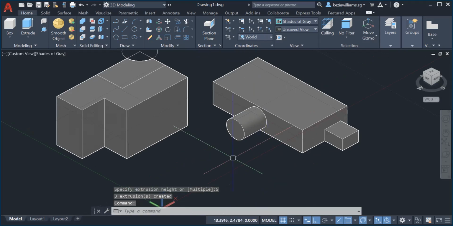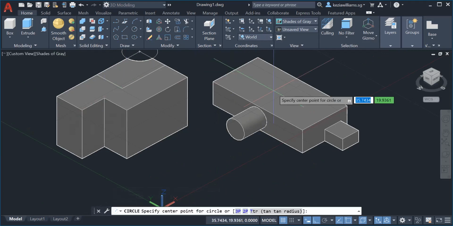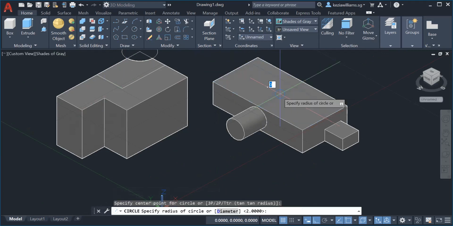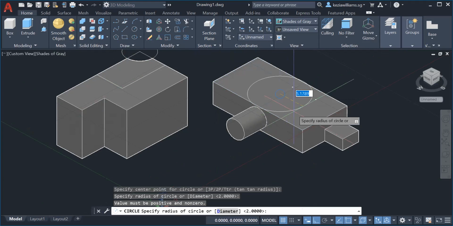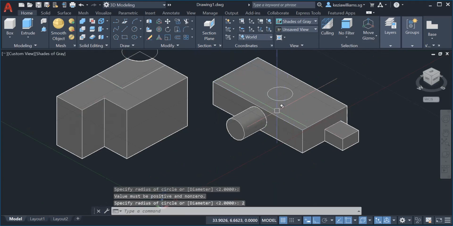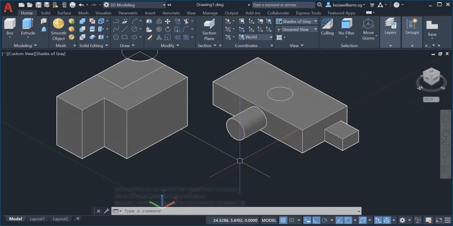Okay, then I want to show you something. Also you can cut. You can cut using this command. You make a circle. You know why I can draw it here? Because I already told you I can only draw in XY direction, because my dynamic UCS is on. So I can draw here. If not, I cannot draw. Later in future, I will tell you all these things.